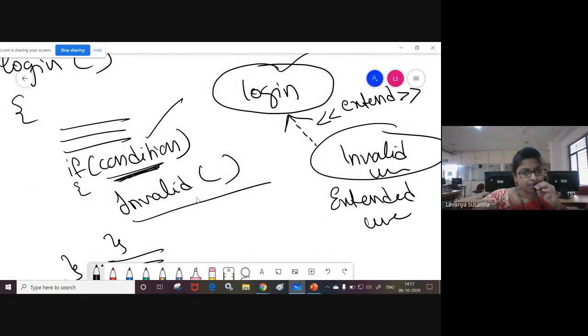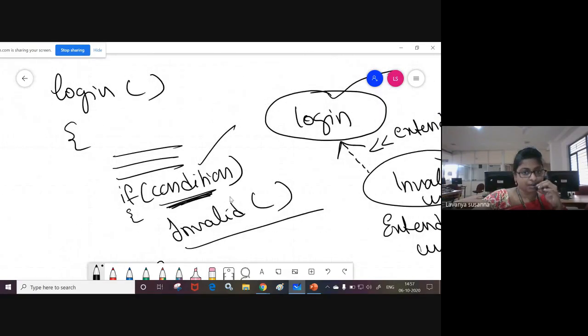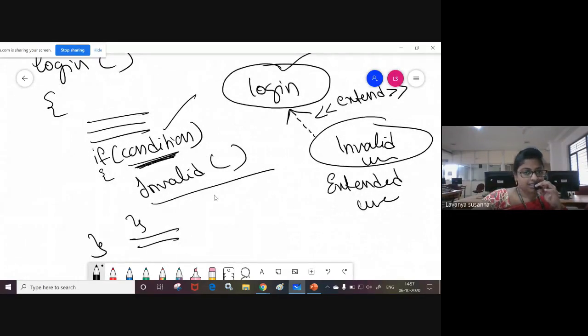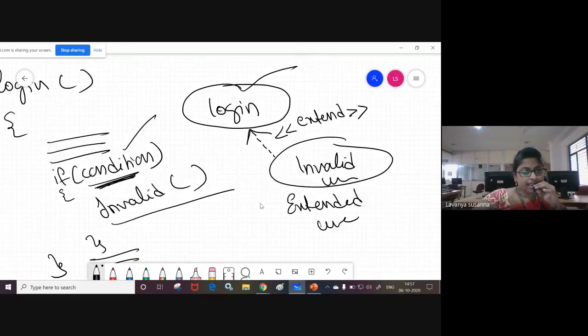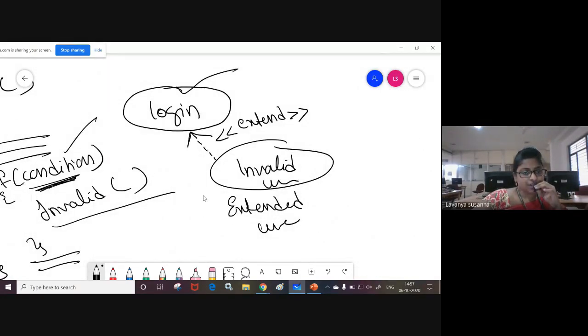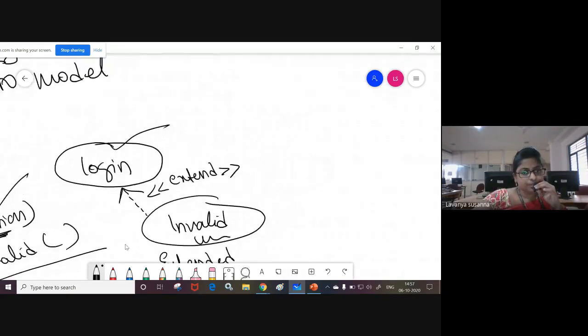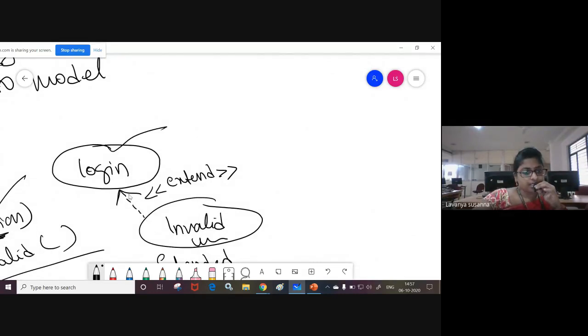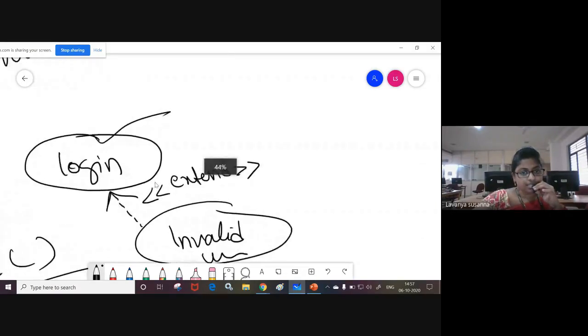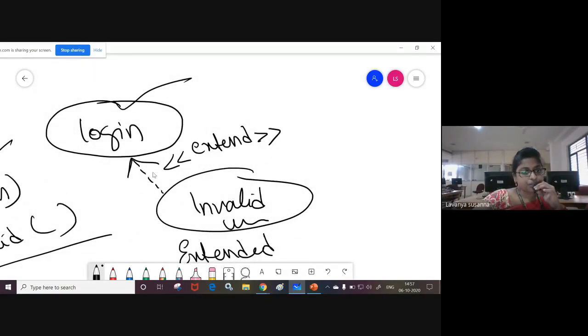So when a condition is met and a functionality is going to execute, you need to identify it as an extended use case. And the relationship between them is extend. Draw dotted lines and then draw an arrowhead. Remember that in an extend use case, the arrowhead must point to the base use case. Don't get confused between include use case and extend use case.